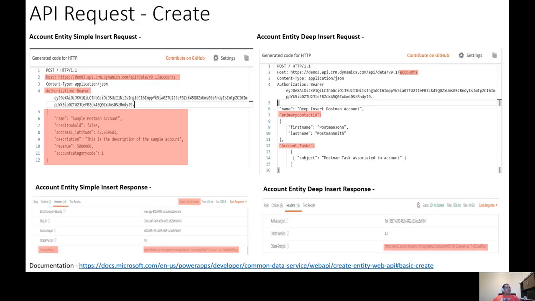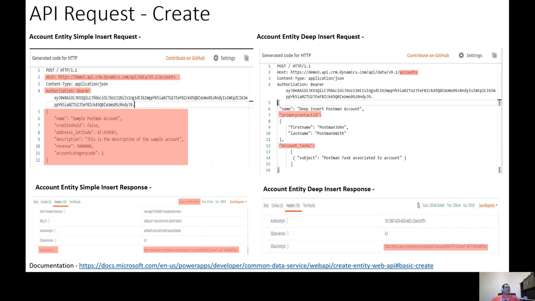So with that, we'll shift gears and I will walk you through the options of how you create a record in CDS using the API. I'll show you the account entity simple insert, where basically you do a flat insert of all the records, right?